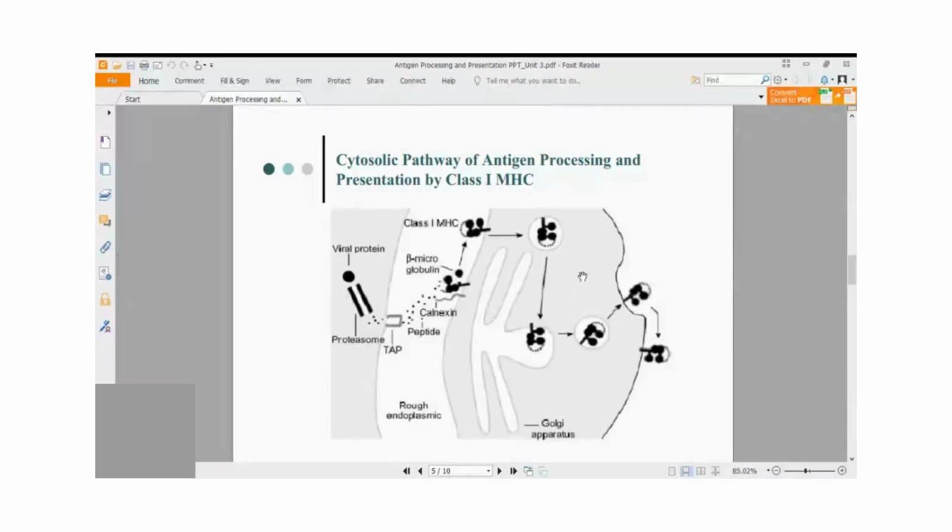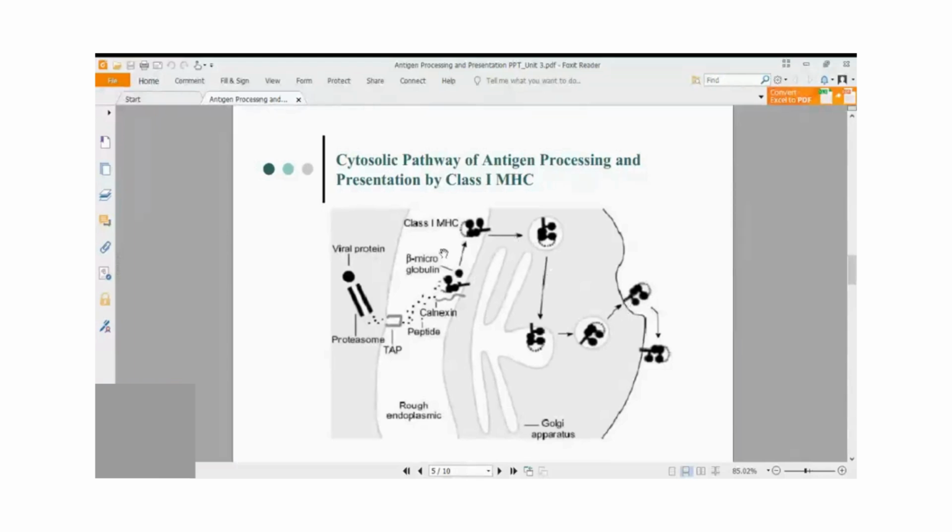Okay, so the antigens of endogenous origin, that is of cellular origin, are presented on class 1 MHC, and if the cell is infected by virus or bacteria, which is an intracellular pathogen, those antigens are also presented on class 1 MHC. Now, this process of transport of antigenic peptide bound to class 1 MHC across the cytoplasm to the membrane